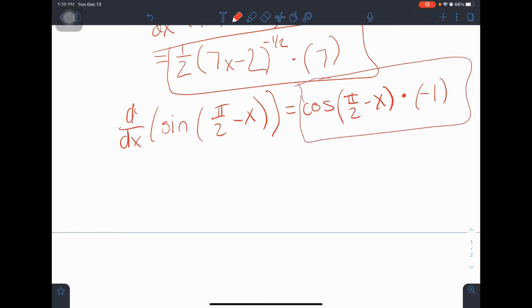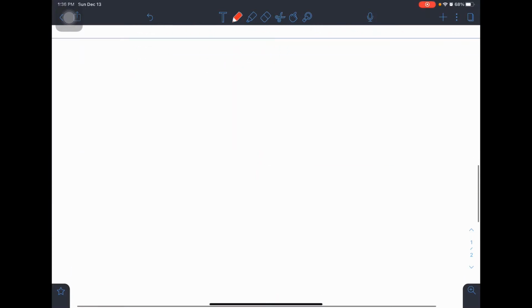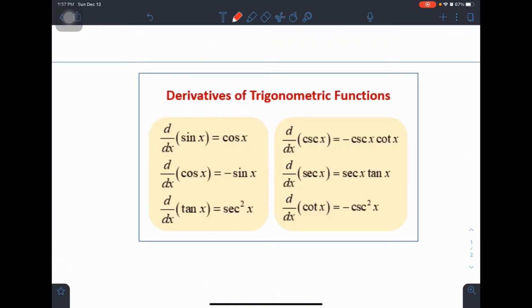Now we'll move on to implicit. Okay, so before we move on, I want to quickly review this table. So you should have these memorized. Derivative of sine x is equal to cosine x. Derivative of cosine x is equal to negative sine x. Derivative of tan x is equal to secant squared of x. Derivative of cosecant of x is equal to negative cosecant of x times cotangent of x. Secant of x is equal to secant of x times tan of x, and cotangent of x is equal to negative cosecant squared of x. So the way I like to remember it is the c's are negative,